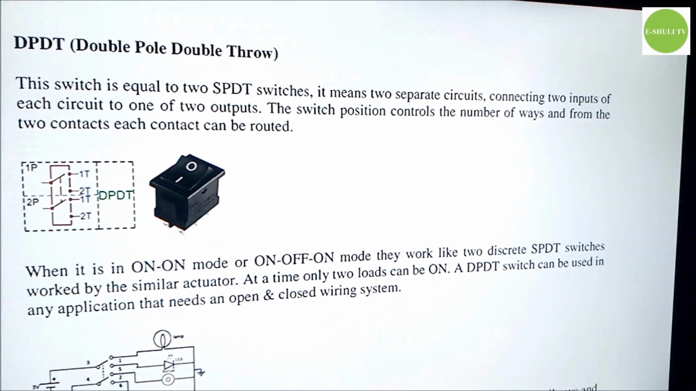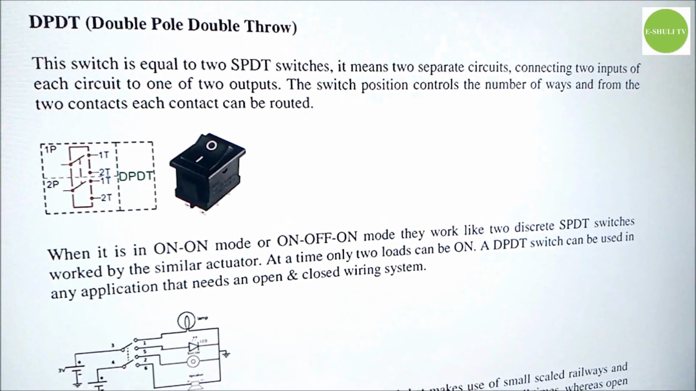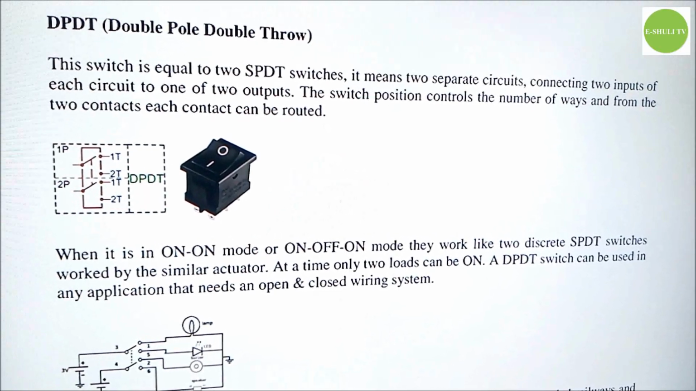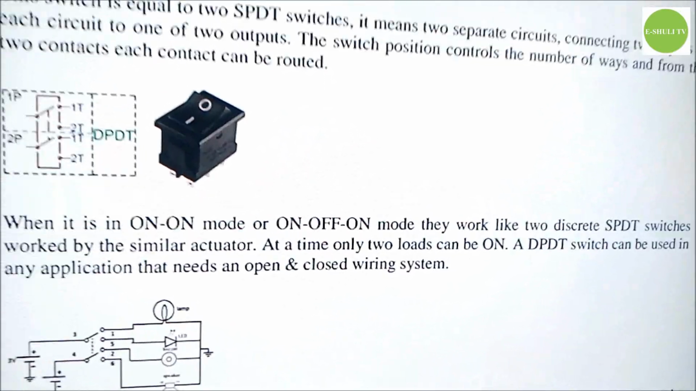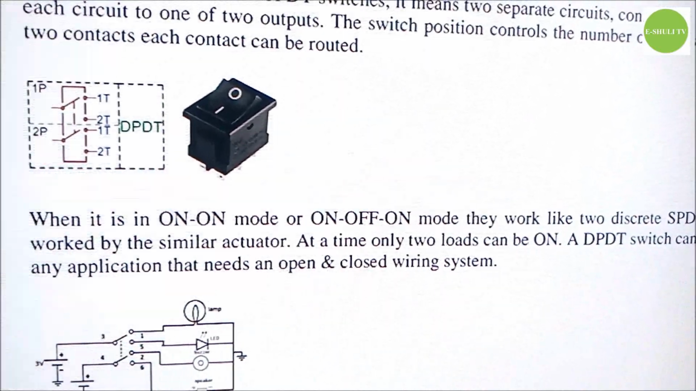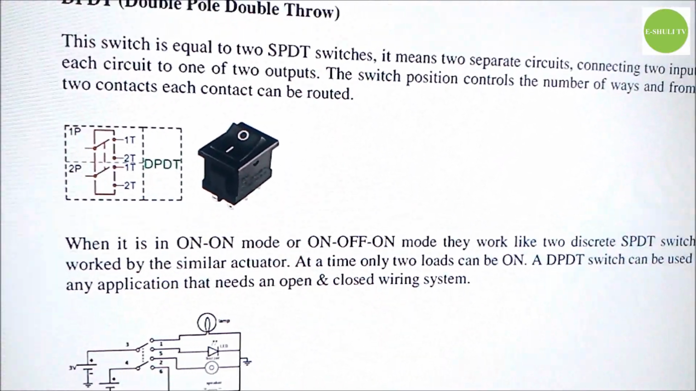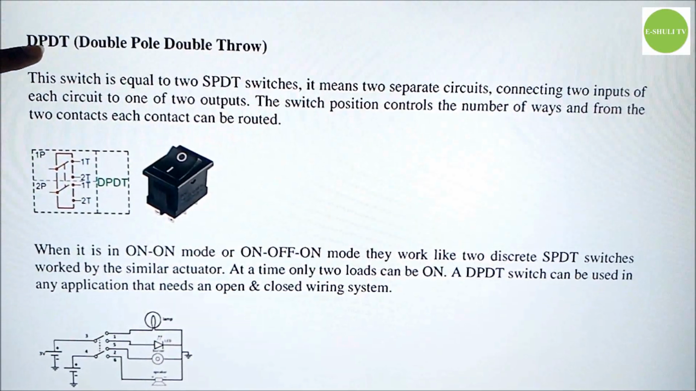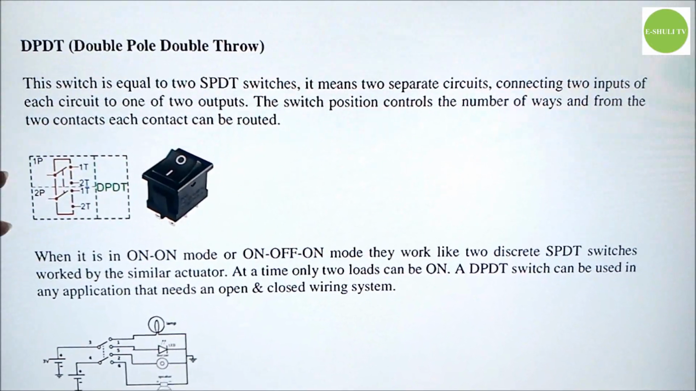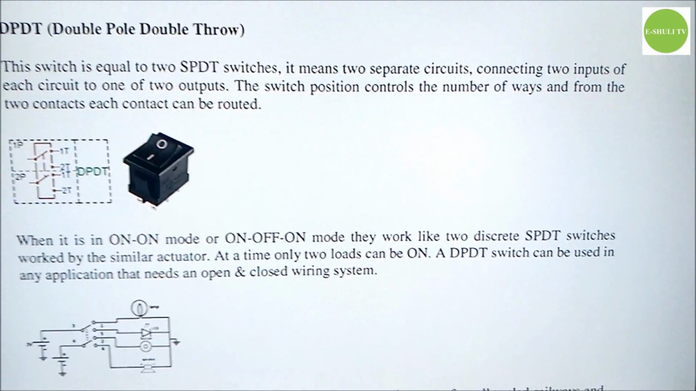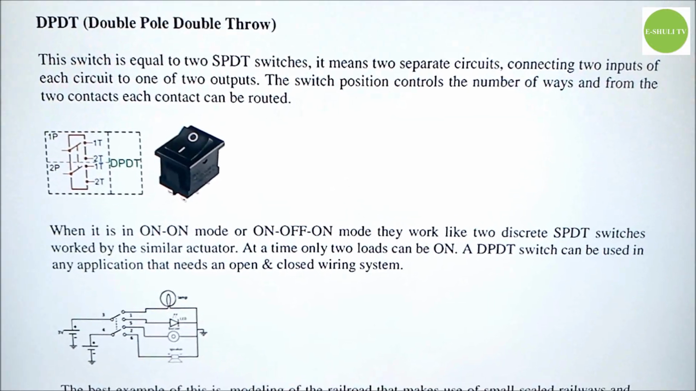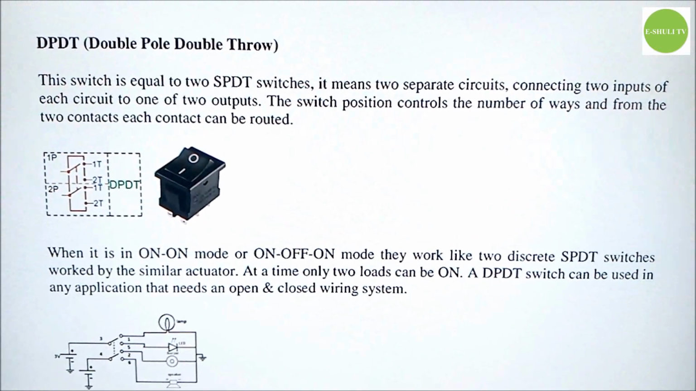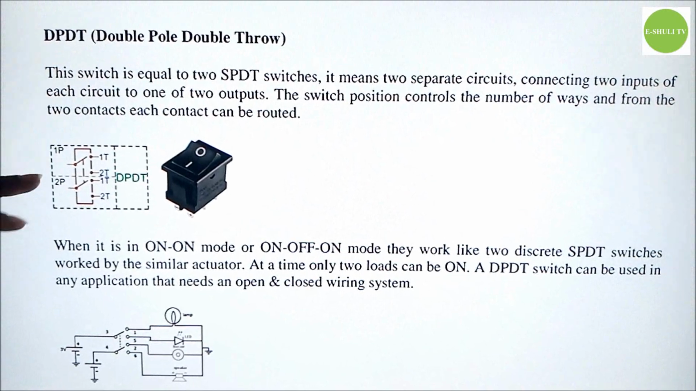A double pole double through switch can be used in any application that needs an open and closed wiring system. So you see that a double pole, double through is a combination of two single pole double through switches at the same time. Nimba mwibuka uko twabonye single pole double through ikora, ni ukuvuga ngo